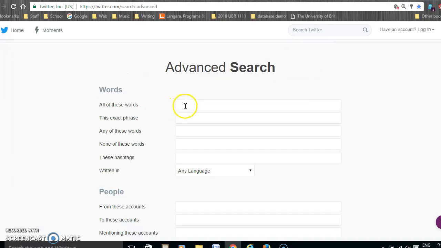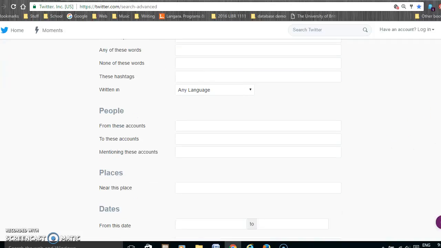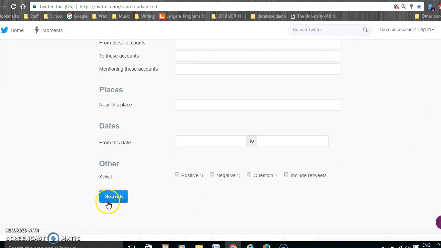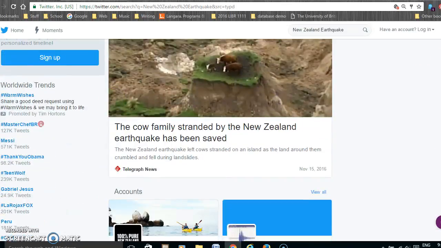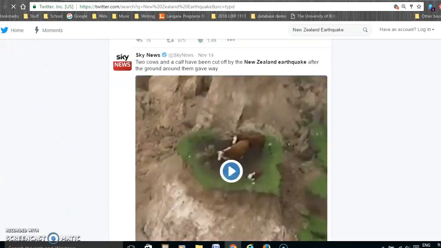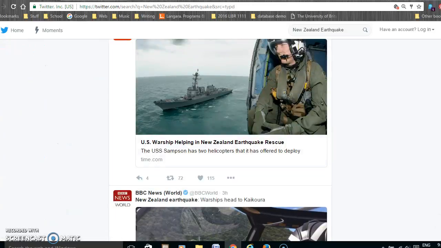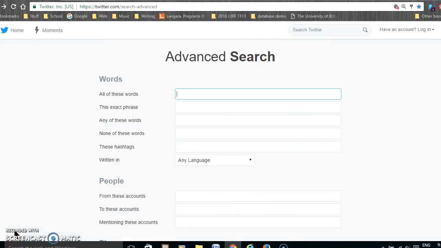Advanced search. There we go. Let's see what that does. Cows. More cows. Okay. I'm going to try the search again, this time